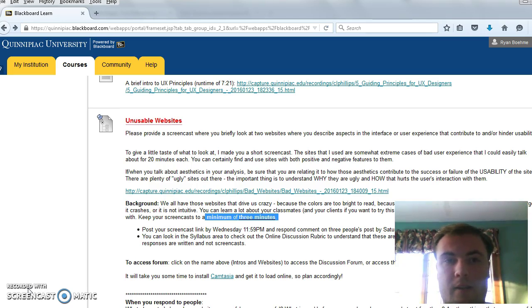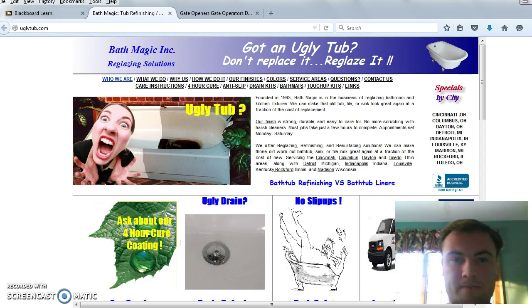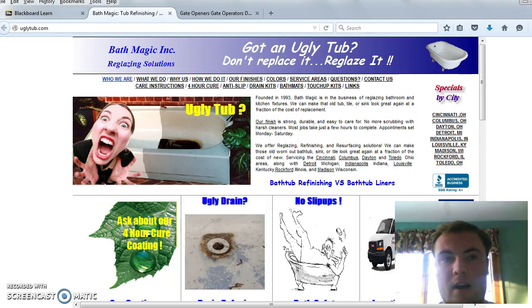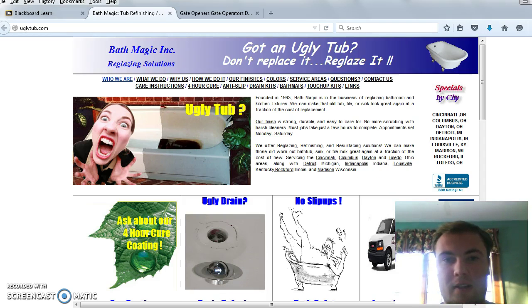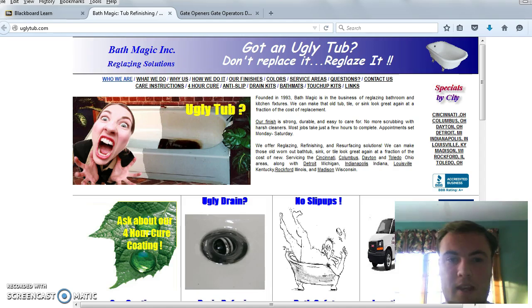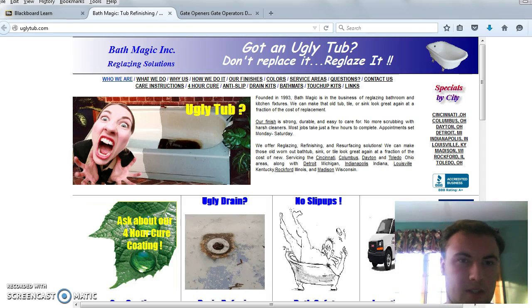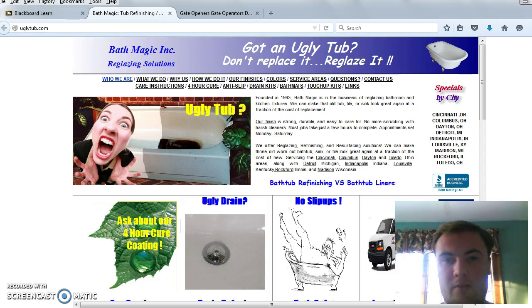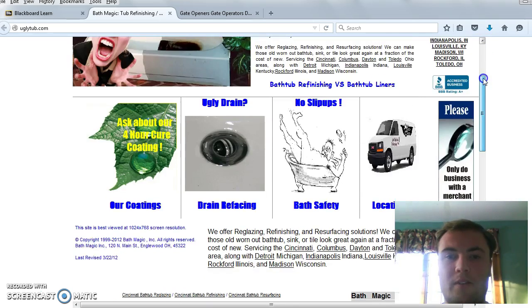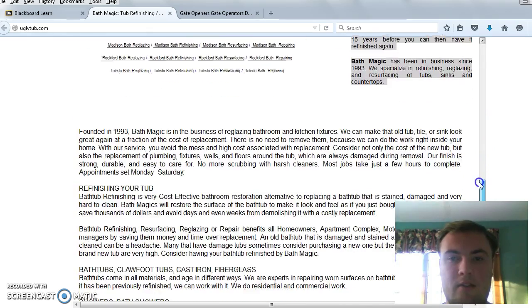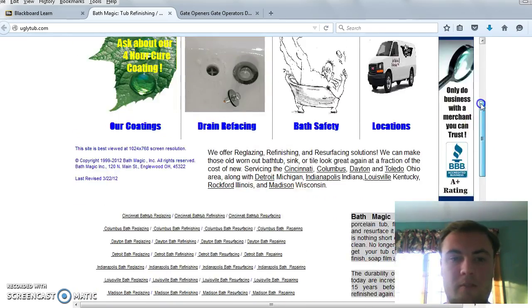With that being said, I'm going to look at the two websites I was able to find on Google that are considered to be unusable. So here's the first one. This is for bathtubs and replacing them. The first thing I noticed when looking at this website is that there's so much clutter, which means there's so much text in here that it's really hard to read. They really have to do a better job understanding that this is definitely informational overload